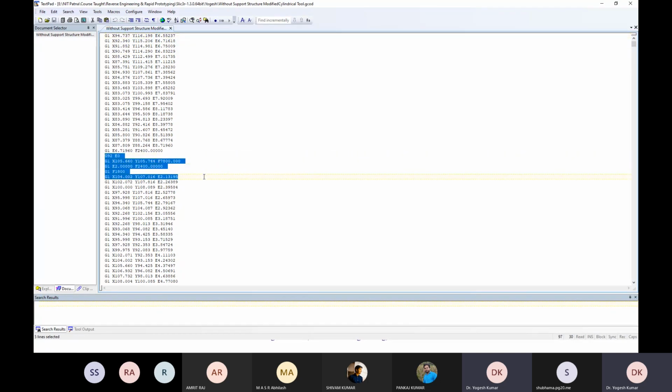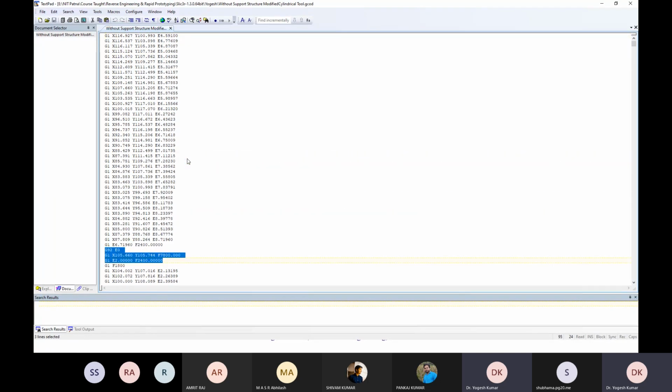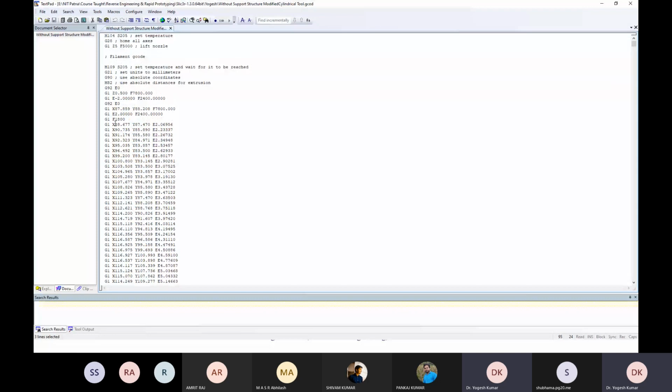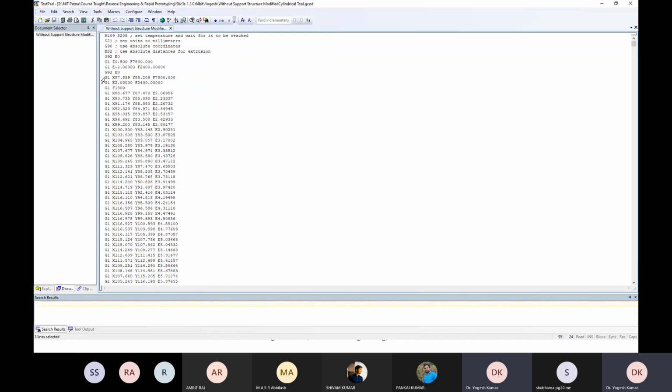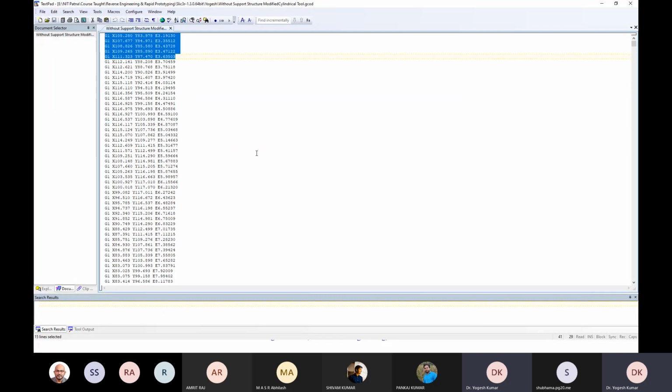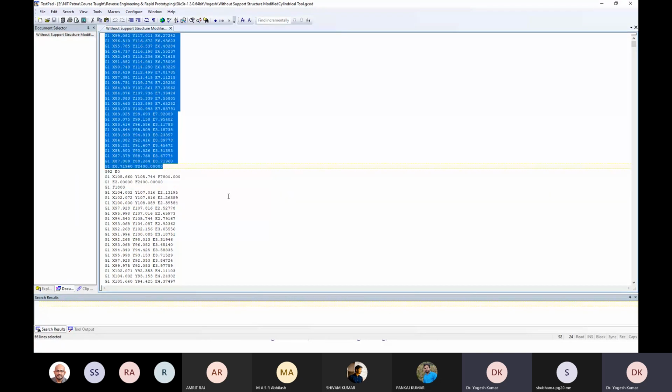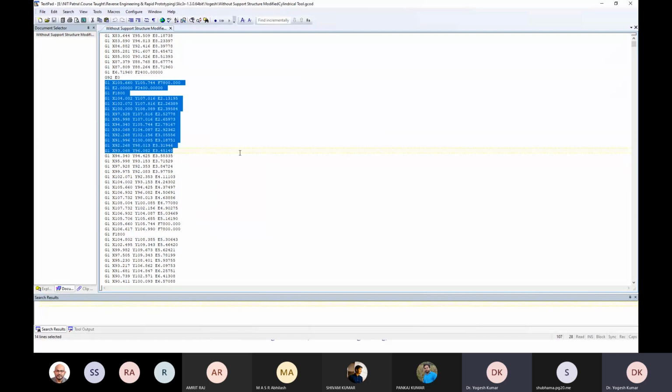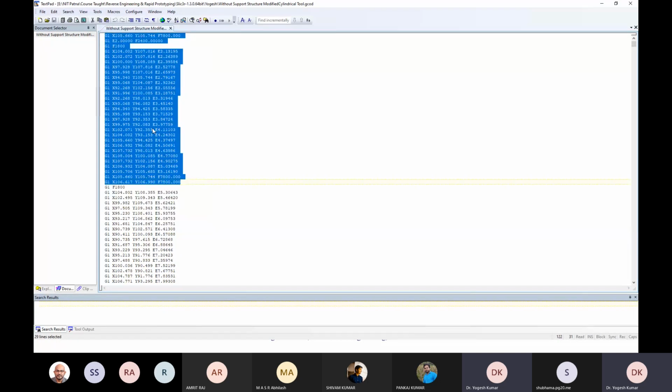You see after a certain interval, this data is getting repeated. So this might be your first layer, then your second layer, then the next layer, then another layer. These are the codes corresponding to the tool movement needed on each layer.